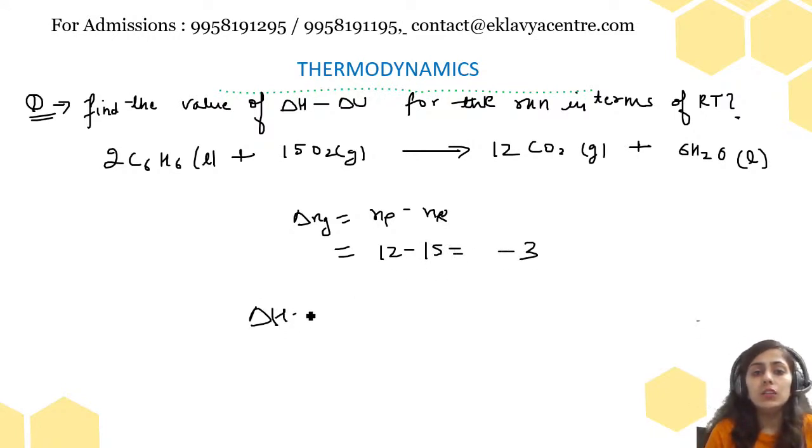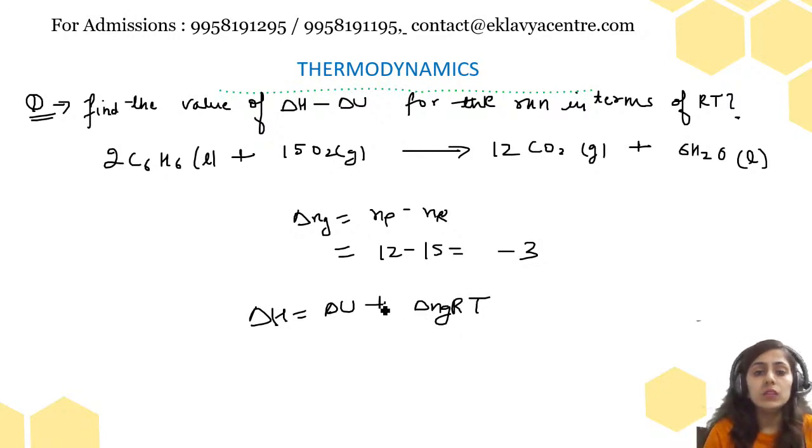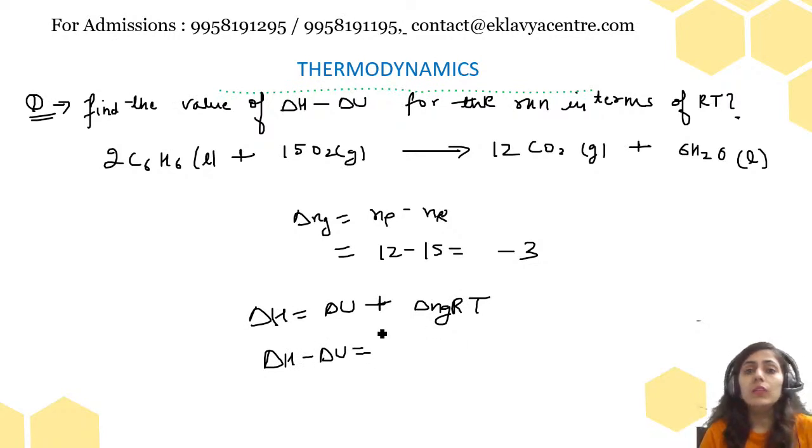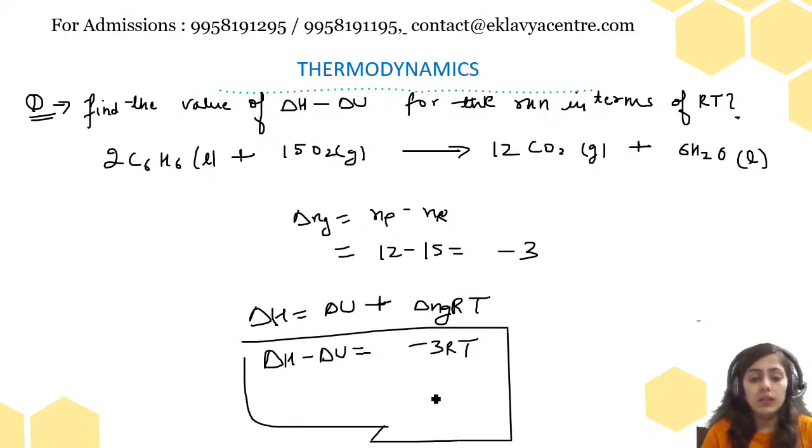So delta H is equal to delta U plus delta NgRT. You should write the formula again and again so that you will never forget. If you keep on writing the formula again and again, you will never forget the formula this way. So this is the answer, minus 3 RT, right? Okay. Next we have,